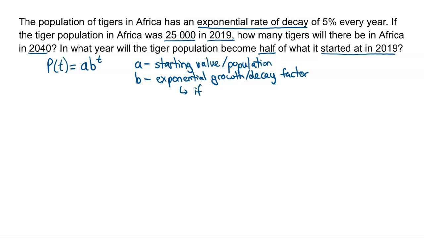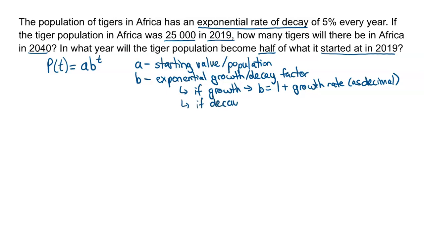So for exponential growth, B is equal to 1 plus the growth rate. Now that growth rate has to be listed as a decimal. If it's not as a decimal, then it's not going to be correct. So for example, if you had a 5% growth rate, you list it as 0.05. If it's decay, we're going to write it as B equals 1 minus the decay rate. Now in this case, the decay rate is what we have because it's becoming less every year. And so we write that also as a decimal. So in this case, we're going to get 1 minus 0.05, which is going to give us 0.95